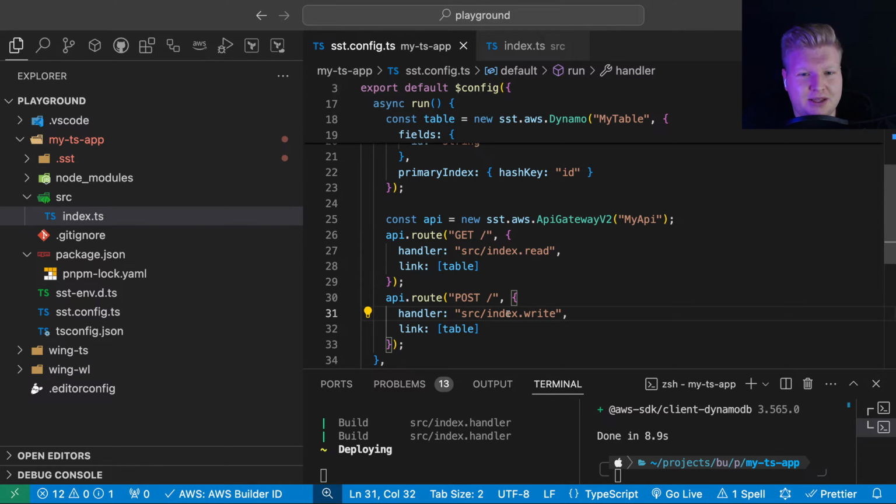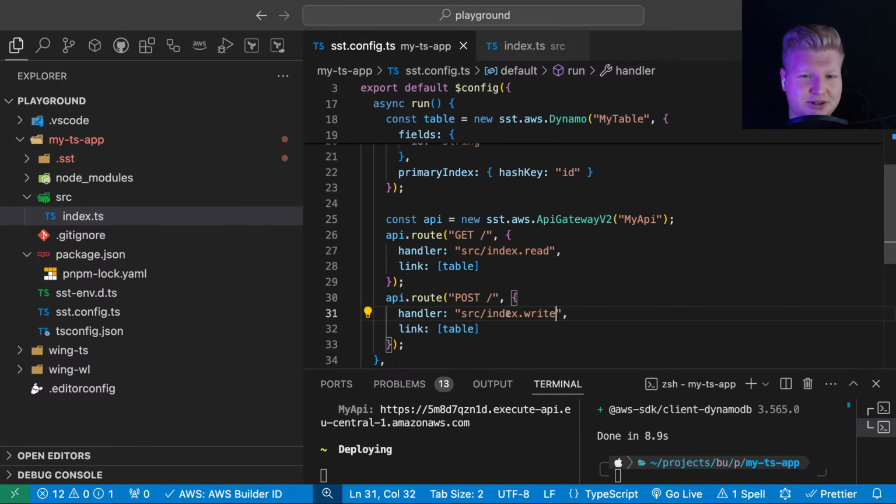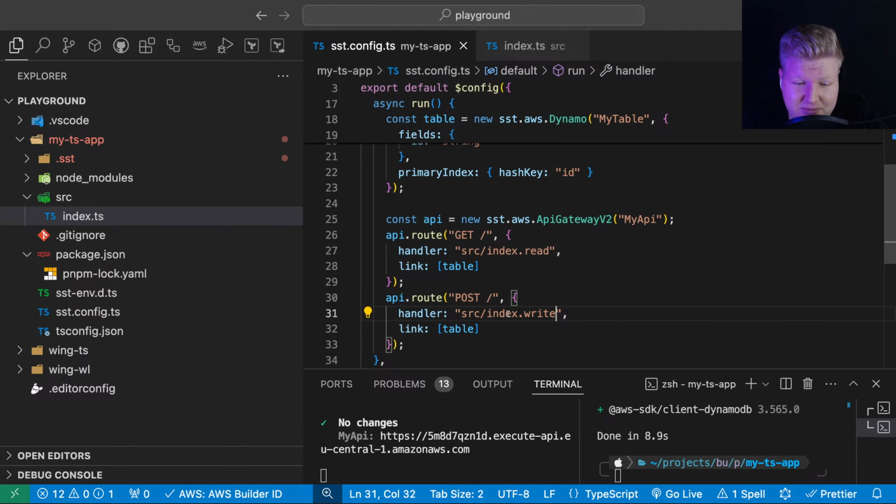So hey everyone, hello to new viewers. Today we're exploring SST Ion, the new version of SST, which is using Pulumi instead of CDK and CloudFormation. Big revolution, or just an overhyped thing? Just how some people call it, a startup trying to find their product market fit and revenues. Yeah, let's see. I'm a big fan of SST myself, so I believe it's good stuff.